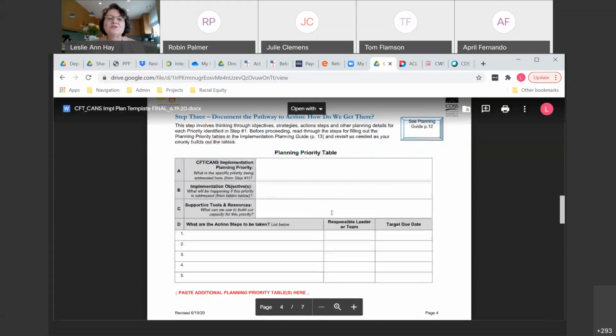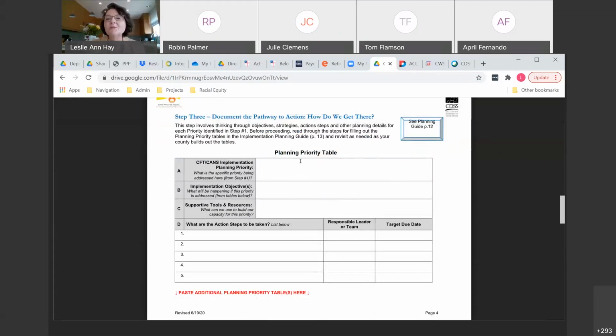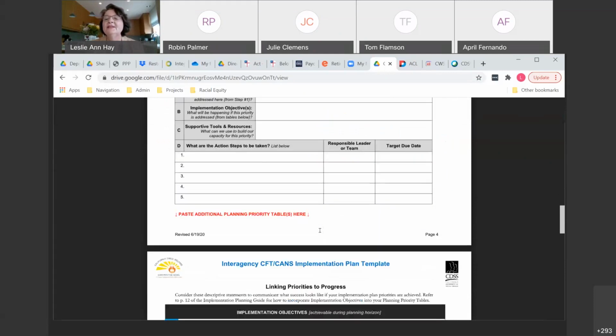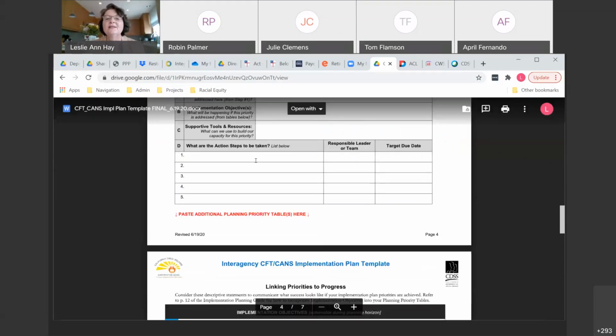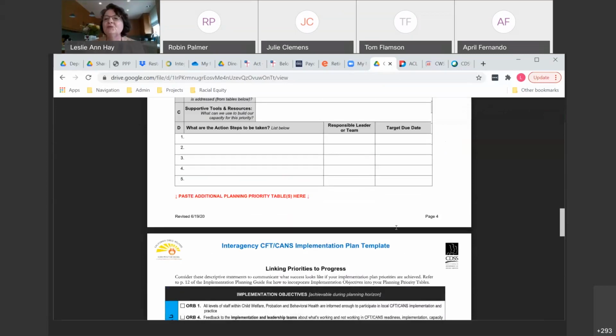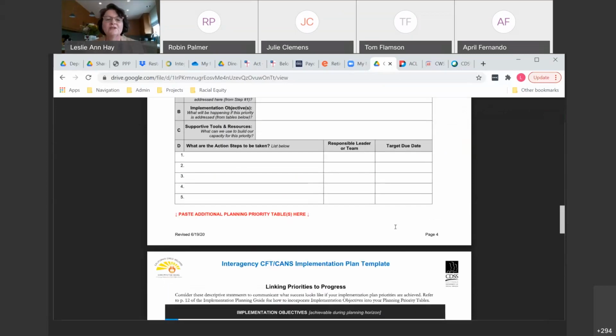And so once you set those priorities, you can set up a little action plan for yourself around each one, and really set forth, what is our priority? Maybe it's strengthening the skills of our newer workforce in our location, and we have some implementation objectives around that we want to try and meet, and you can tap into some tools and resources that may be out there in the toolkit or elsewhere to help you do that, and then you can work together to really create a set of action steps and timelines around getting there, and how you might want to monitor your progress toward achievement